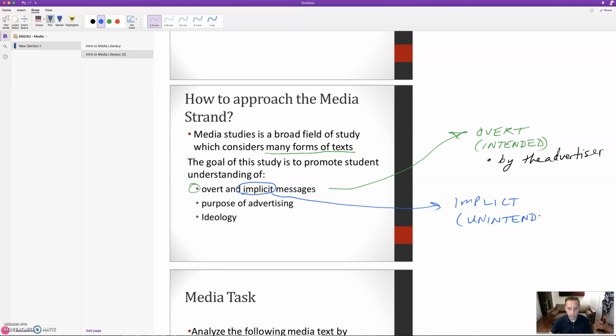We're going to get into each of these in more detail later in these slides. But we just want to define our terms. Okay, so overt. If something is overt, it's very obvious. If something's implicit, it's somewhat hidden or secondary. It's implied. That means you have to kind of reason through to get that meaning. So it's unintended. It's not intended. So this is the meaning formulated by the audience.